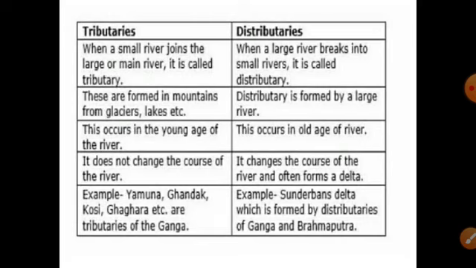Likewise, tributaries do not change the course of the river, but distributaries change the course of the river and often form a delta. Examples of tributaries are Yamuna, Gandak, Koshi, Ghaghara, etc. Then an example of distributaries is the Sundarbans Delta, which is formed by distributaries of Ganga and Brahmaputra.